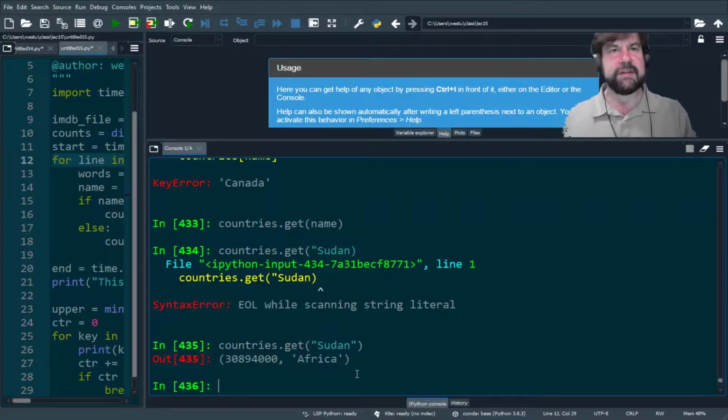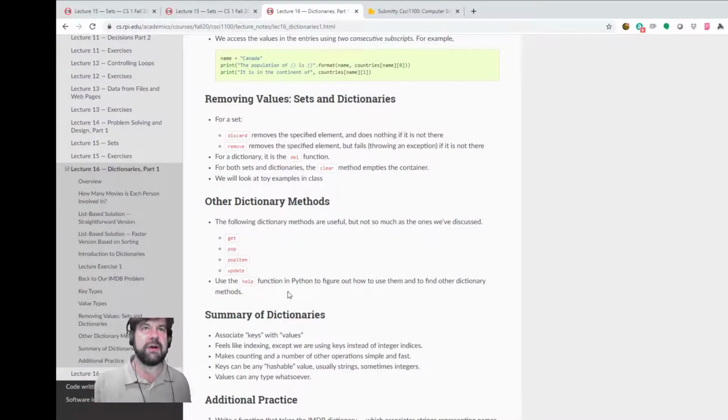We'll go over the rest of these later. You can work through these yourselves. They're not all that hard, and you can get help on them with the help function. So I think that's all we have for today. Let me look at